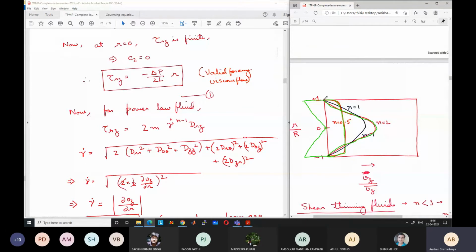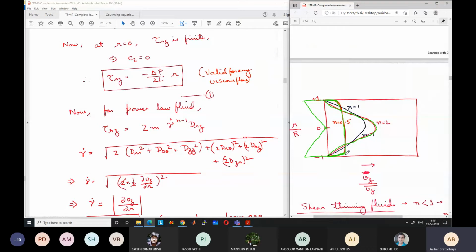There is a sharp change in velocity towards the end. Similarly, on the other end also there is a sharp change in velocity because the viscosity is lower and the shear stress remains the same. So for lower viscosity, you need a larger velocity gradient for the same shear stress to be generated as compared to a normal Newtonian fluid. Okay, that's why you have a sharp jump at the end, and towards the center, the shear stress is very less, so the viscosity is higher.